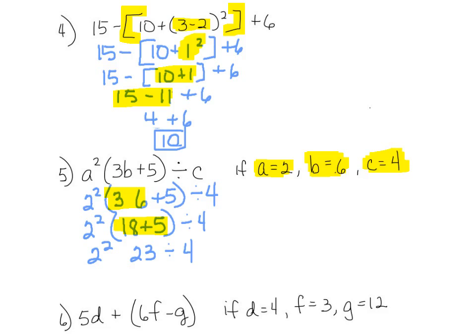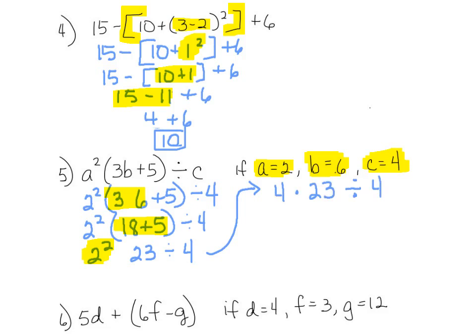Okay, next is, now that we've finished working with the grouping symbol, we will evaluate the exponents. So next comes 2 squared. Now I'm out of room here, so I'm going to go ahead and take this over just because I didn't plan properly, but that's okay. I have room here to finish this up. 2 squared would be 4 times 23